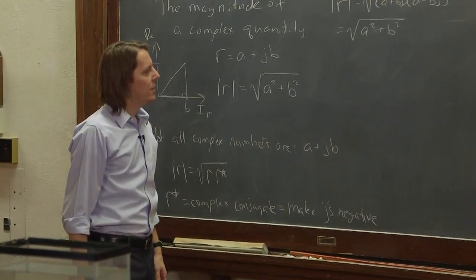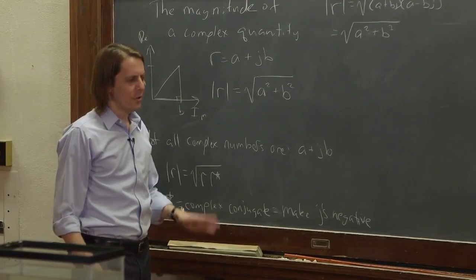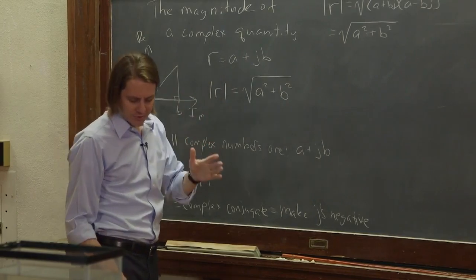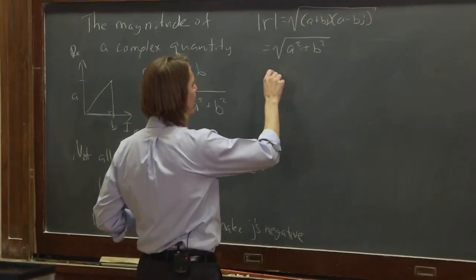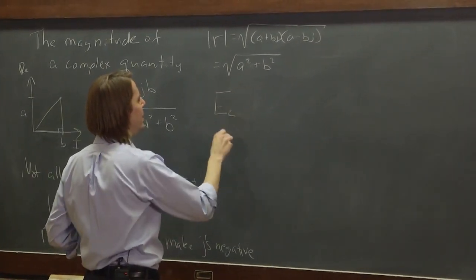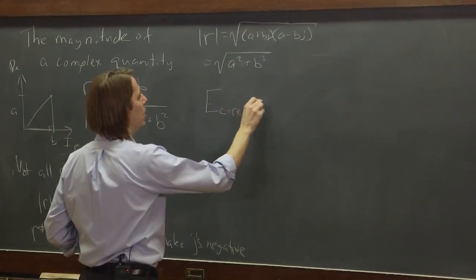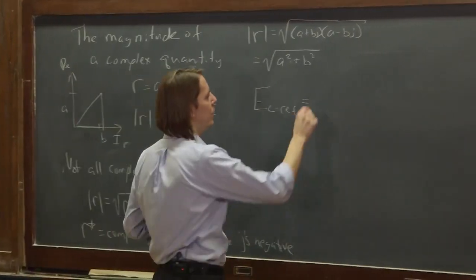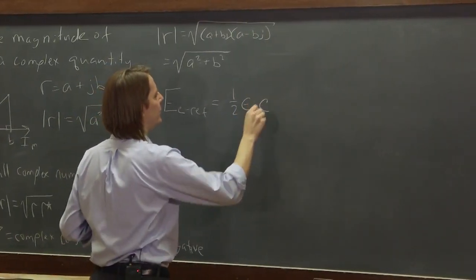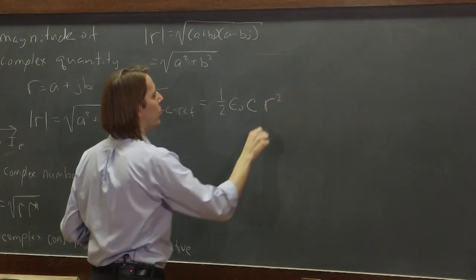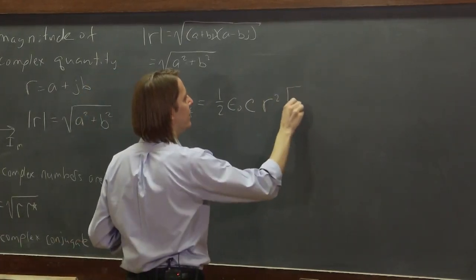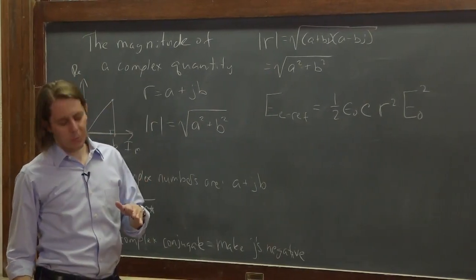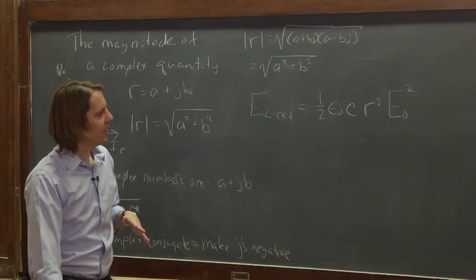Okay, so in our case, what are we trying to do? We're trying to figure out how we could possibly have a big R value of 1 for all these angles. So let's recall what we're really talking about. We're really talking about the irradiance of the reflected plane wave. That's what we're calculating. It was 1/2 epsilon naught c, and then we have little r squared, and then we have E naught squared. But where did that come from? Well, this came from thinking about